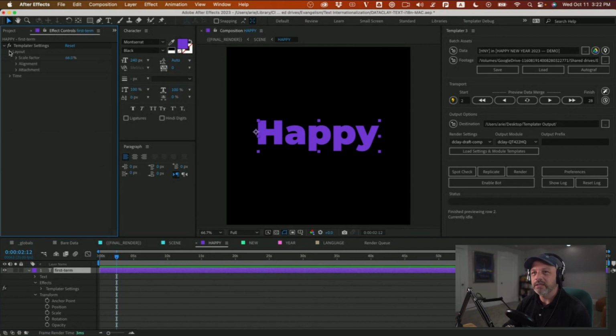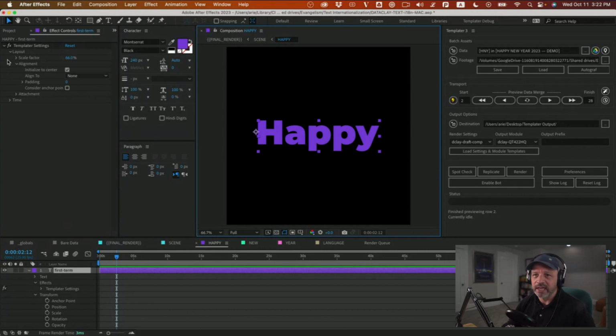And the thing about applying the Templator settings effect is you get the scale factor, and you get alignment and all of that. And so what I've done here is I have said that no matter how many characters